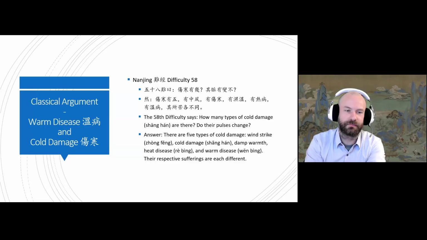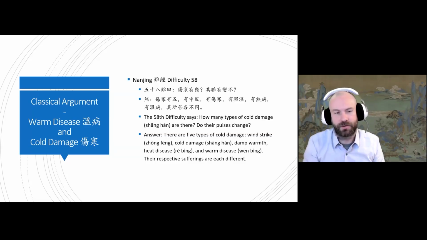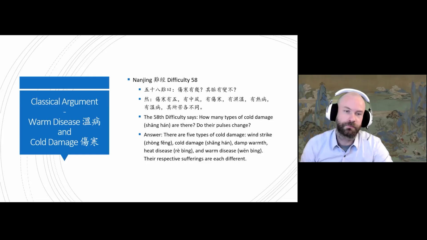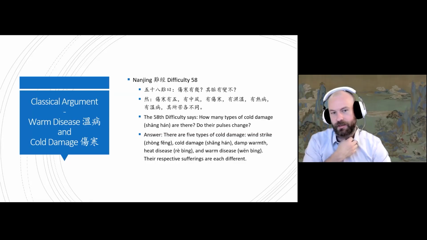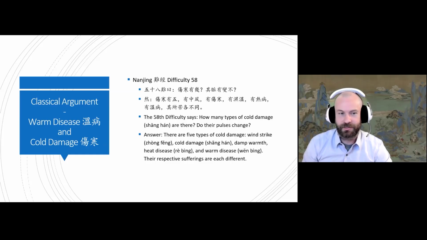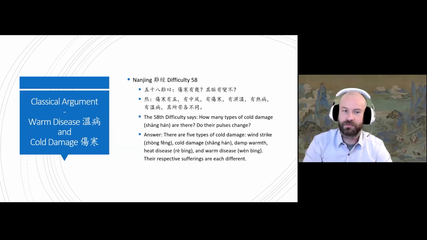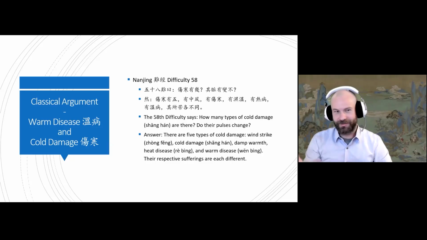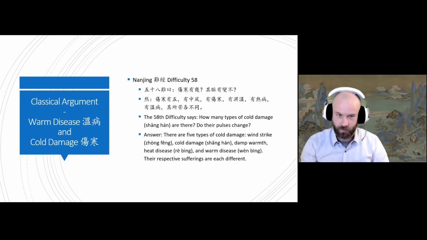So here he's arguing that, well, people say that Shanghan has all these types of diseases as well. They all come under the umbrella of cold damage. My opinion on this, and I'd thought about it, but I hadn't actually found any textual evidence, was that it's actually laying down a framework of how to understand cold damage. While there is a warm disease of cold damage, I think you could also argue that there's a cold damage of warm disease as well.